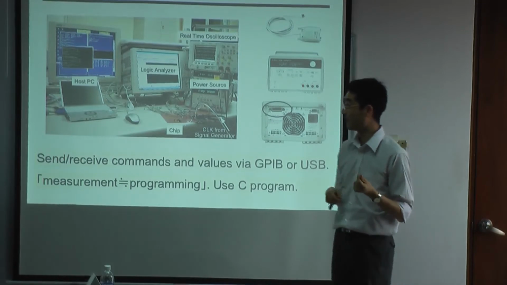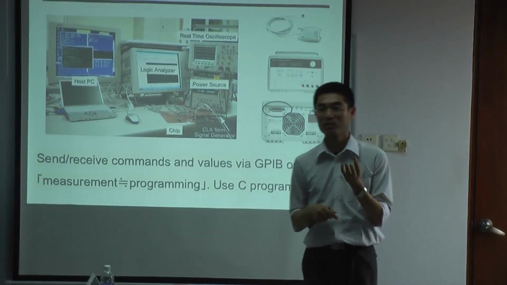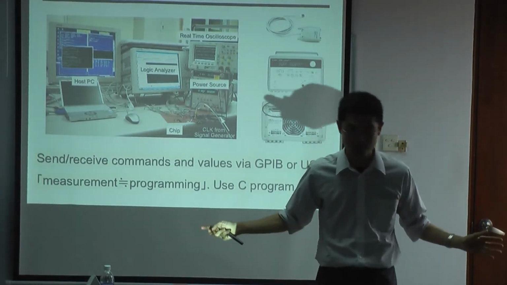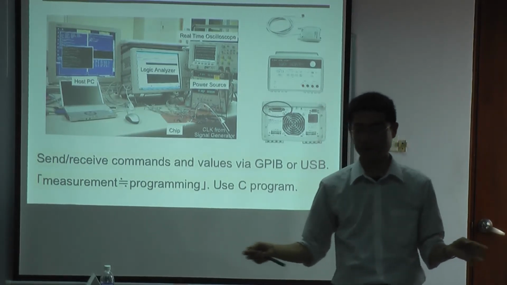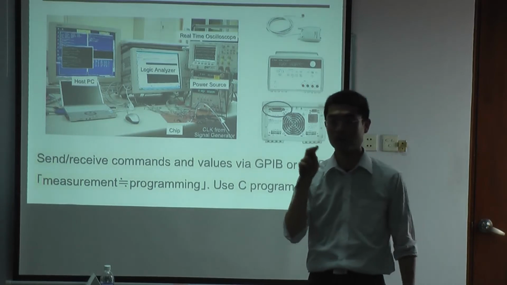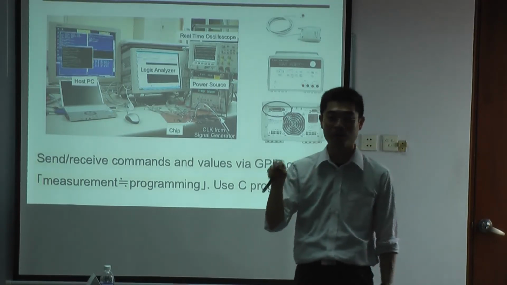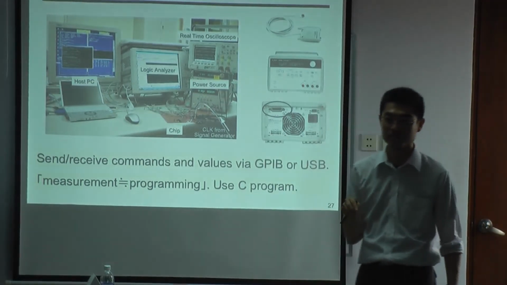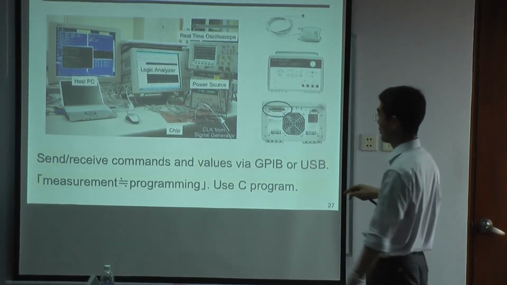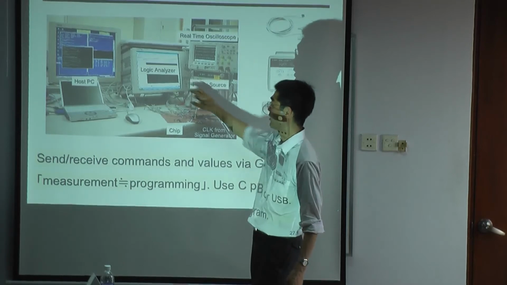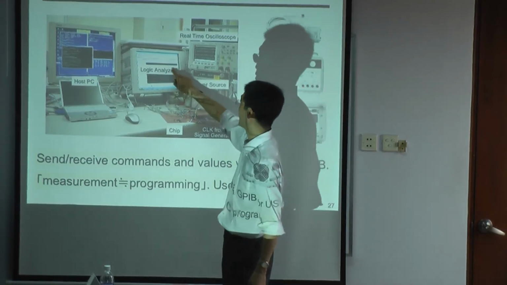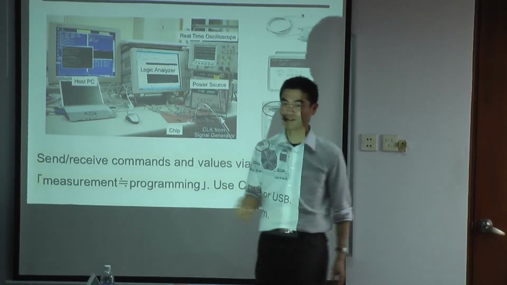Because once you start a measurement, you want to sweep something. For example, you want to sweep the power supply: 0.9, 0.95, 1.0, 1.05, and 1.1. So if you want to manually change and measure, change and measure, push button and push button and push button,